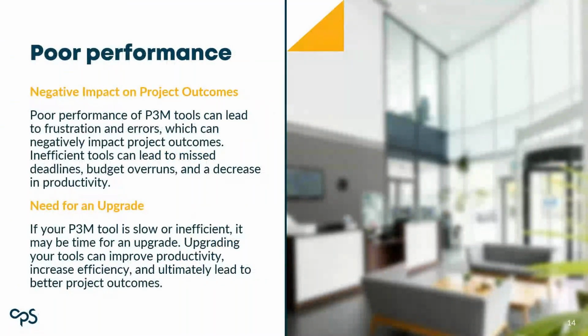And then I wanted to look at poor performance. So this is what I mentioned earlier a little bit: negative impacts on your project outcomes. Well, let's say, for example, the amount of time that I was spending working on a particular Excel document while delivering a project, I would say that was not a good use of my time. Now, some of the clear signs of that were maybe sluggish performance in not just the actual system, but in your project professionals themselves. Project professionals, like many people, will get frustrated when the tooling is providing errors, negatively impacting their work life,